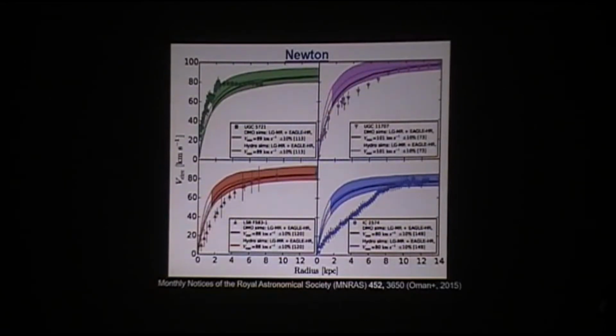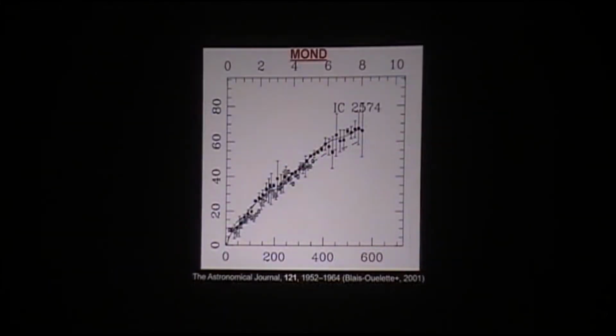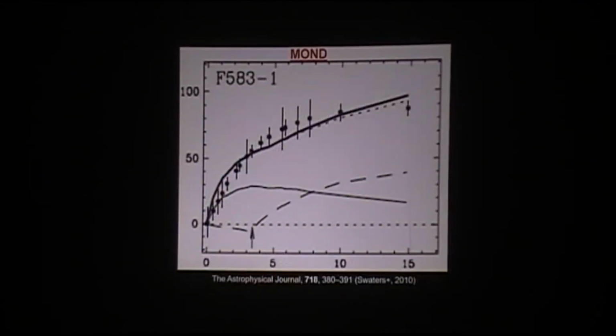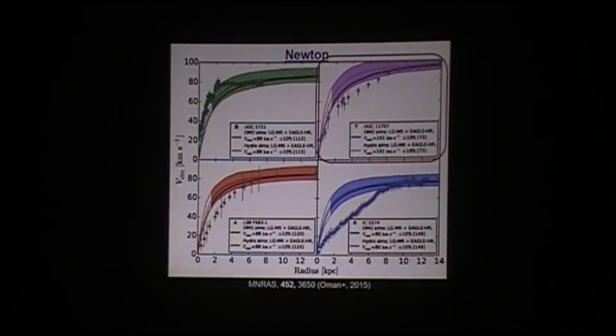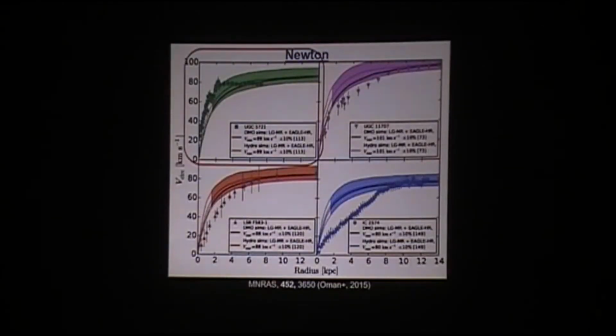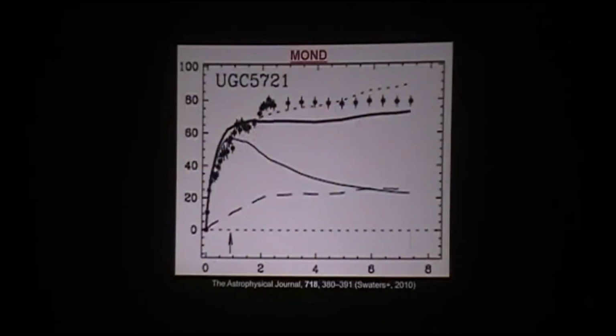So I'll just show you how MOND fares with these objects. So if I show this one first, in MOND it's worked more or less perfectly. So this was the most problematic case for lambda CDM. But if I show you some of the other ones, like this one, again it worked. This one more or less alright. This one I think there might have been a bit of an issue with, but not very much.